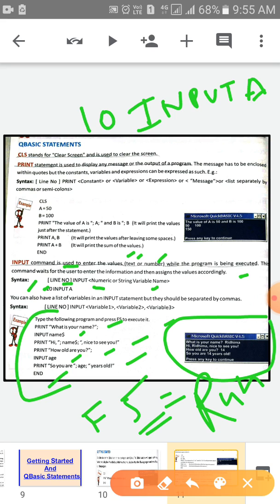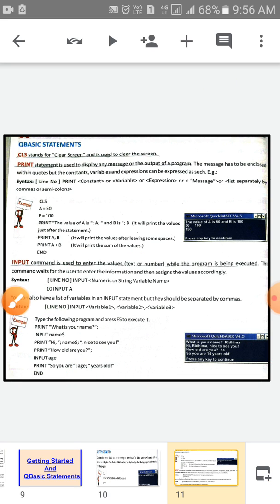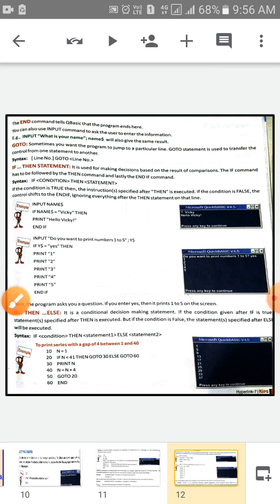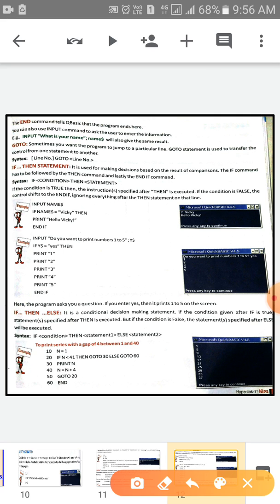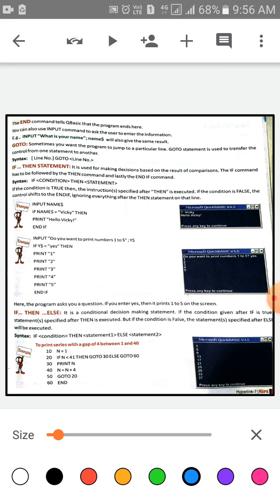This is the QBasic program window. It will show the program here. Now children, look at the screen. The END statement tells QBasic that the program ends here.